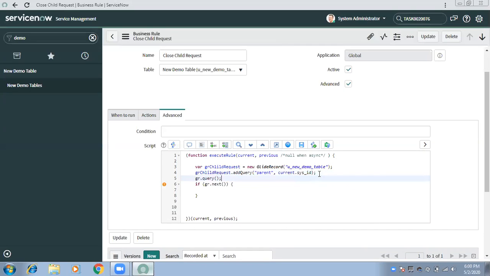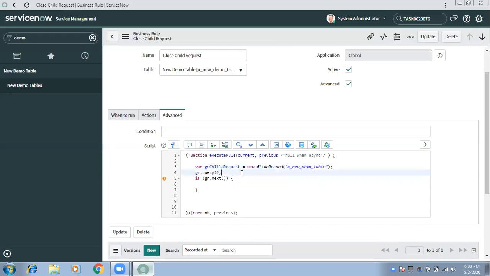Okay. This is how you write which record you need to query, like adding the query. If you comment this line and run the code, it will give you all the records. If you remove this particular line and run your code, it will every time get all the records of that table, because you said go to this table and query. That means get me each and every record.